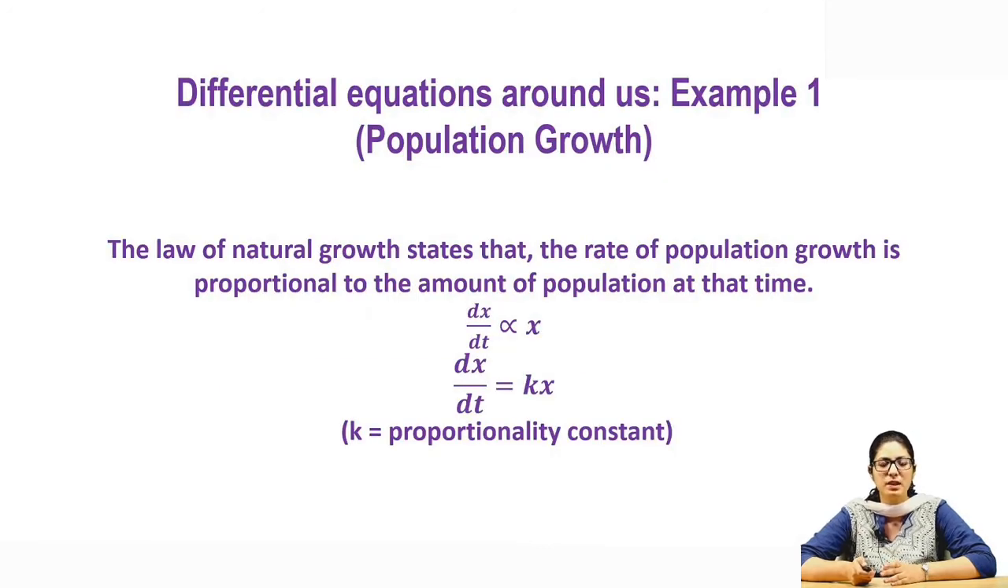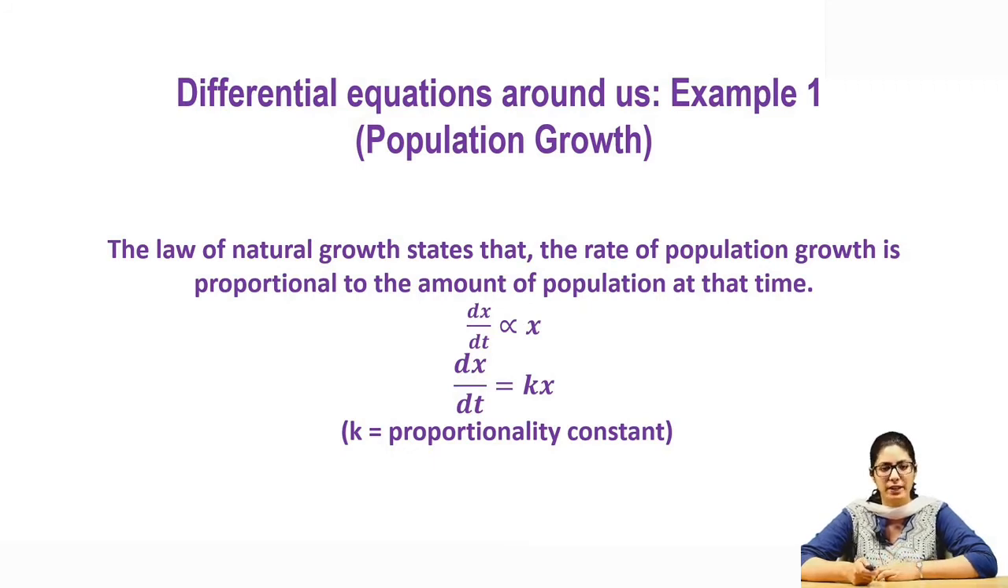The first example is population growth. Suppose someone wants to study population growth and how it increases. Here we can see there is a change in the population occurring. If we represent by x the population at a certain time, then to define a differential equation we basically need a law. The law for natural growth states that the rate of change of population is proportional to the amount of population